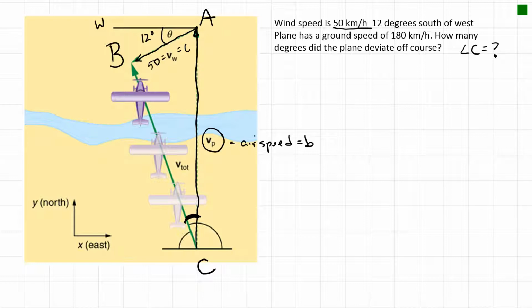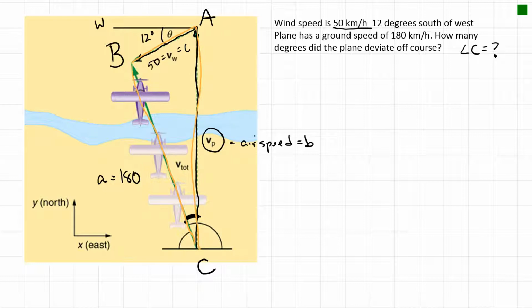We also know that the plane has a ground speed of 180 kilometers an hour. So the ground speed is 180. That's the length of the big solid green line, which is also side A, because that's how fast the plane is going relative to the ground. Now, what we've got here is something that we can use the sine law for, and the way I know that is because it looks like we don't have any angles inside the triangle. Here's my triangle,